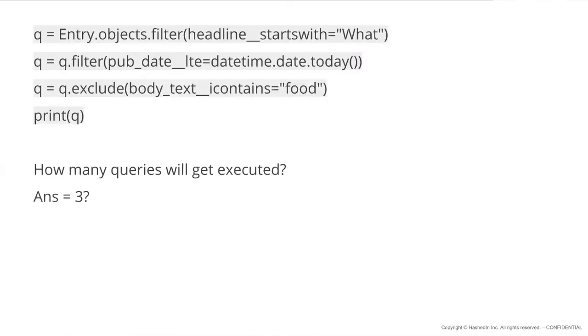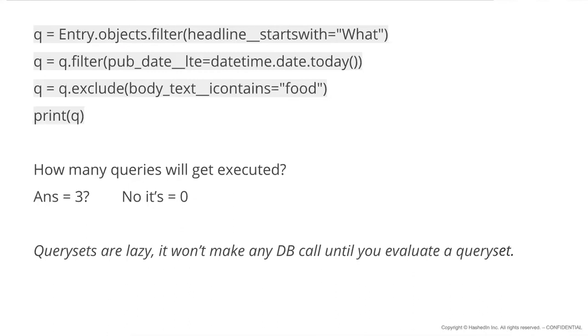So second, this is mainly related to Django ORM, right? You can see a snippet of code, the top 4 lines at the top. Can you guys just think about it? How many queries will be getting executed if I just execute only the top 4 lines of code, right? Most of you will be thinking maybe 2, 3. I'm not sure. But most of you, I'm assuming, who are not very familiar with Django ORM's query sets concepts, will be around that. But no, it's actually making zero database calls.